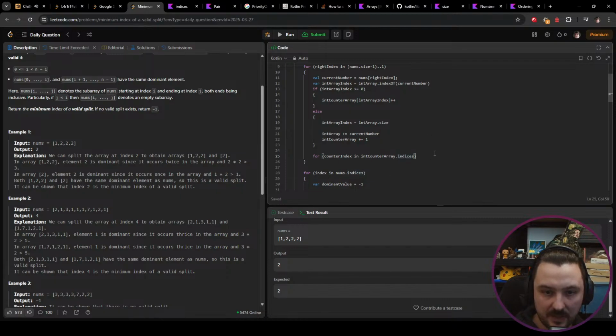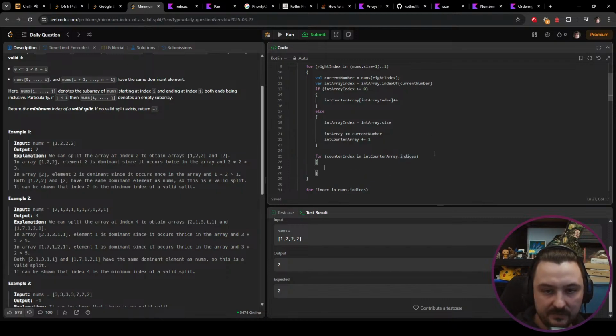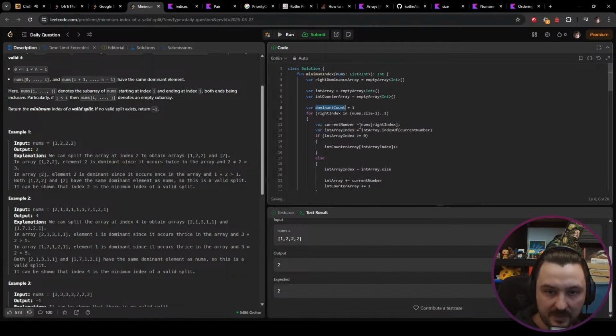Yep, that should be working. And if the value at some counter index is bigger than this dominance count,